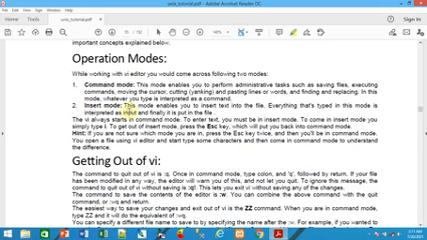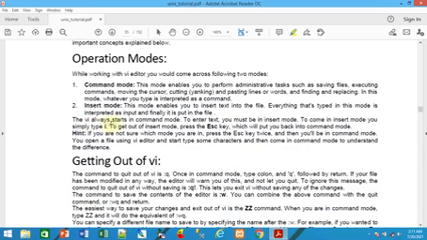Another mode is the insert mode. This mode enables you to insert simple text into the file. Everything typed in this mode is interpreted as input and finally put in the file. Once you create the file, there may be a chance of adding, inserting, or removing some text, or deleting paragraphs or lines. You can do that with this mode.